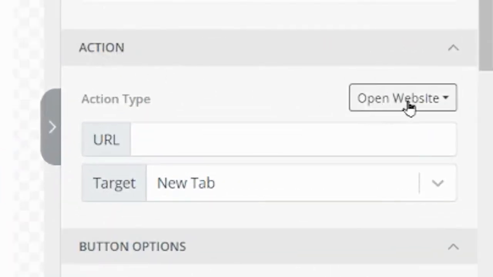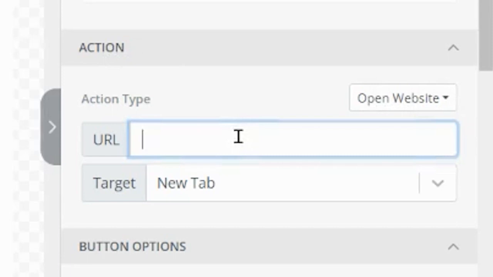You want it to open a website, because this is a website. It's a specific spot on your PBLP. But instead of typing in a URL that you'd be used to that ends with .com or whatever, you are just going to put in that anchor name that you gave it, key-info. That doesn't really look like a URL, but it will work, I promise.